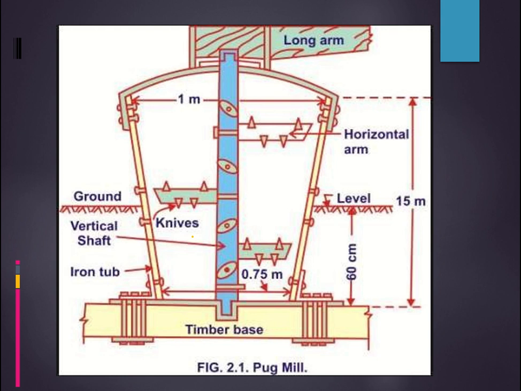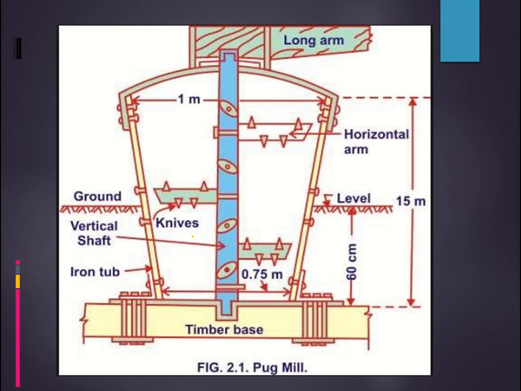But nowadays, these bullocks are eliminated, and alternatively we have steam driven, diesel driven, and electric power to run it. So the other end of the long arm will be fitted to an electrical power supply. Once you switch on, this complete setup keeps rotating inside, and hence the clay and water get blended properly. And if you require any additional water, you can pour it from the top of the pug mill.